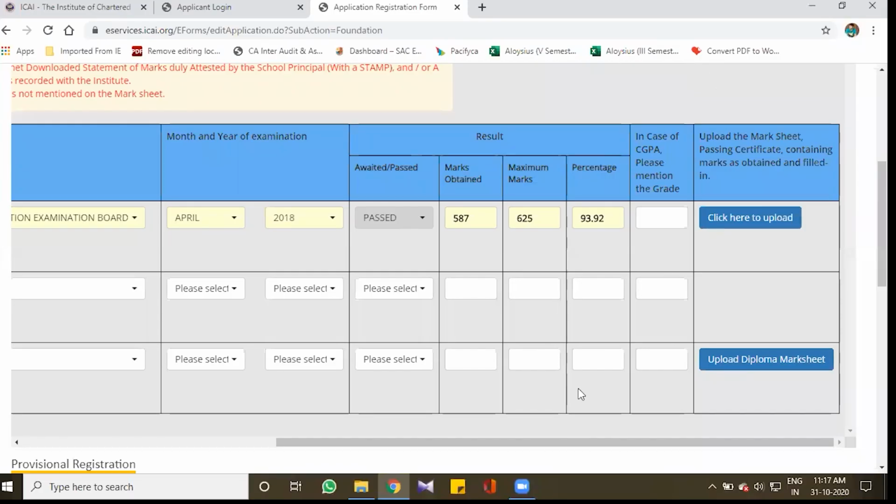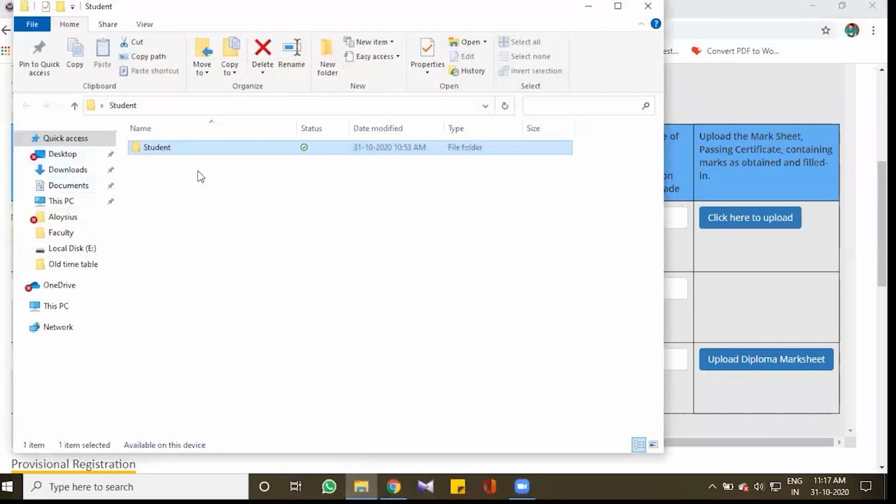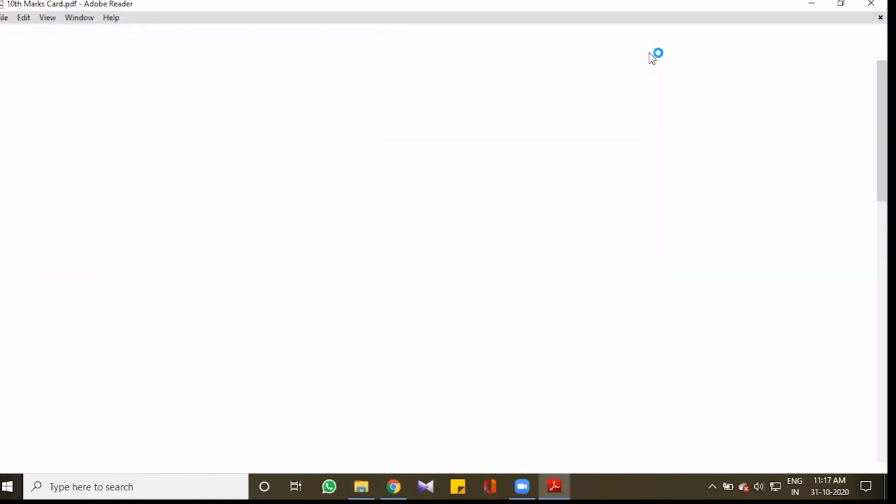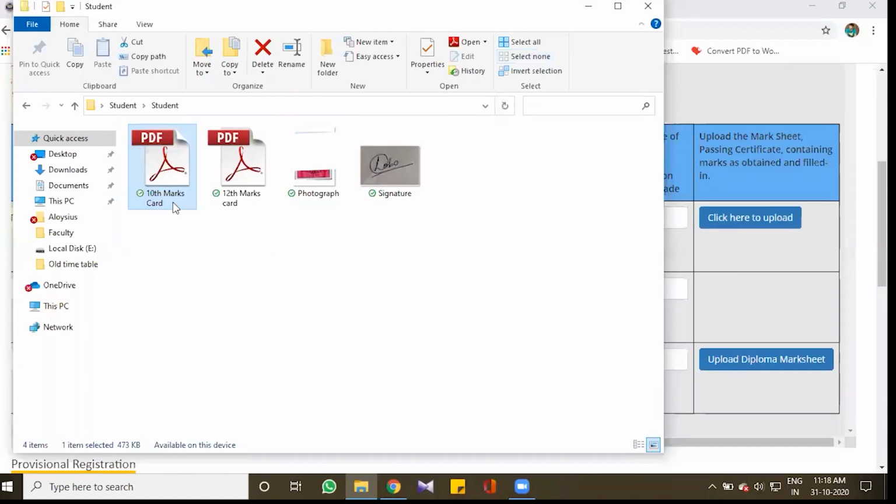Let us now resize the given documents. In order to resize the documents given to you, open it with Paint, fix the pixels, and once you fix the pixels, save it, and you get the size of the document at the bottom of the page.